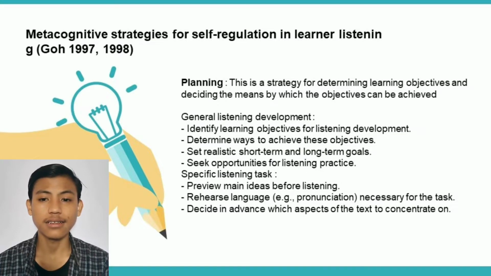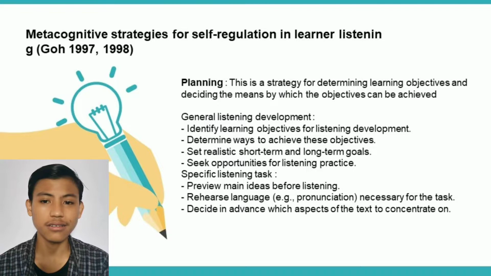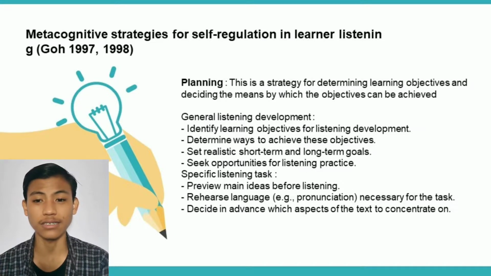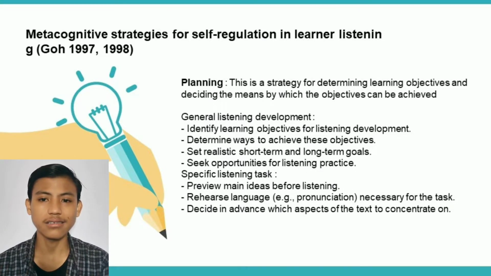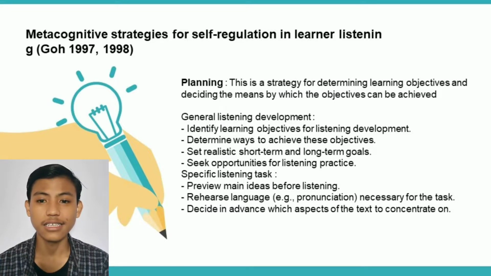Metacognitive skills include taking conscious control of learning, planning, selecting strategies, monitoring the progress of learning, correcting errors, analyzing the effectiveness of learning strategies, and changing learning behaviors and strategies when necessary.